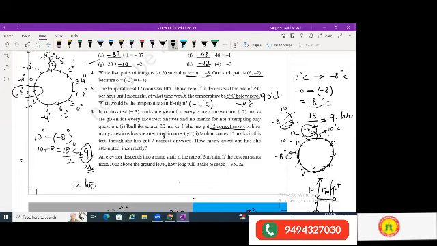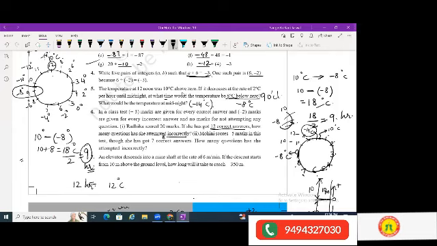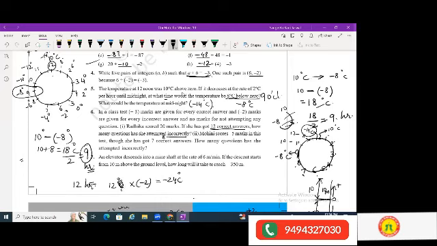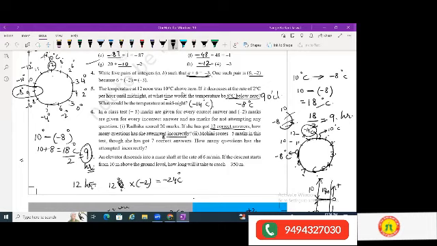Change in temperature in 12 hours. Now how much temperature change has happened in 12 hours? Every hour it is -2. So that is 12 hours into -2. It is -24 degrees. Yes, 12, not 12 degrees, 12 hours into -2. That is -24 degrees. Okay.